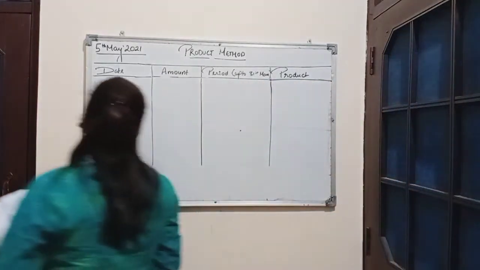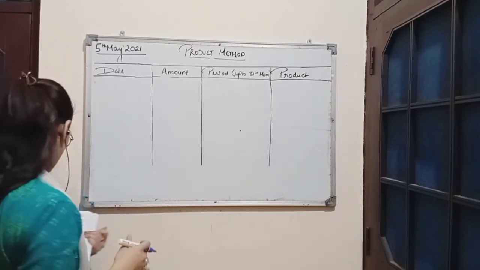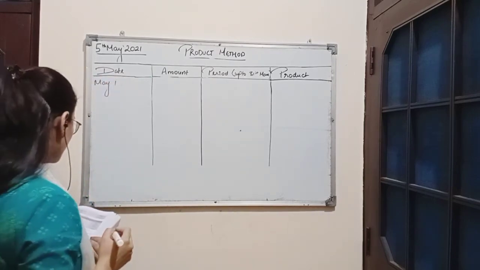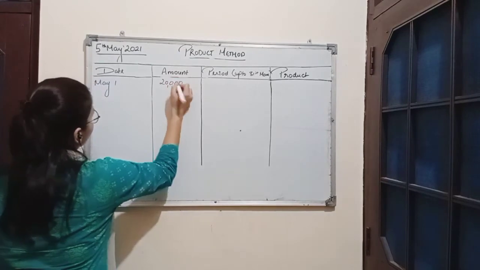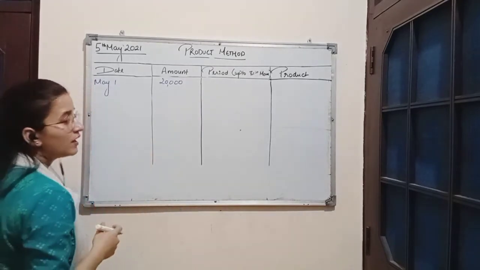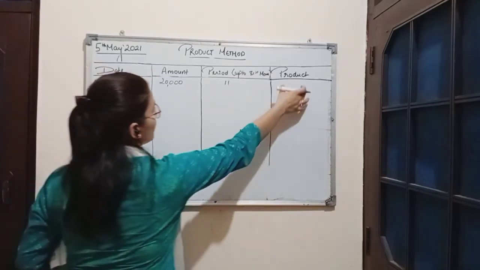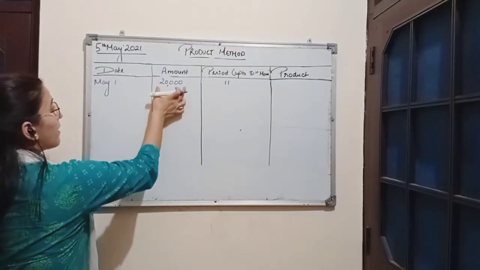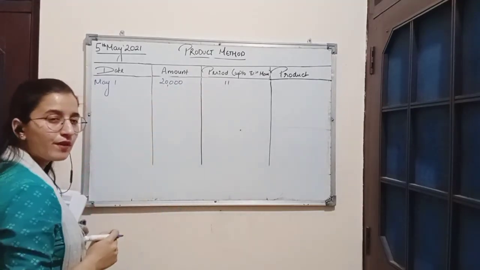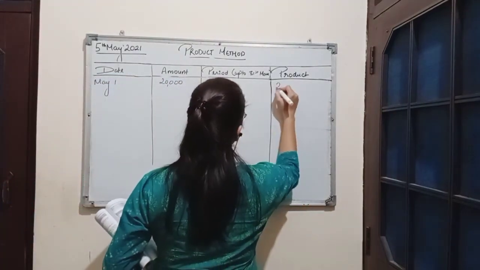Now, as Charu is a partner who is withdrawing the amount of drawings in different months, on 1st May she has withdrawn the amount 20,000. So if we calculate the months from 1st May to 31st March, the time period will be 11 months. Now in the product column, we will multiply the amount of drawings with the duration of drawing. So here amount of drawing is 20,000 and the duration is 11.